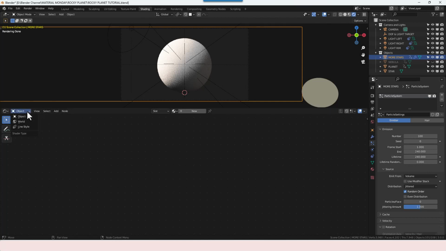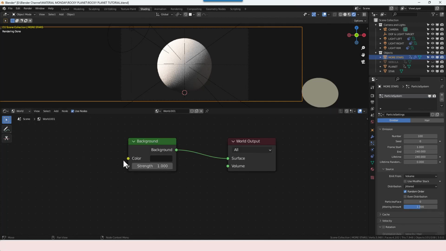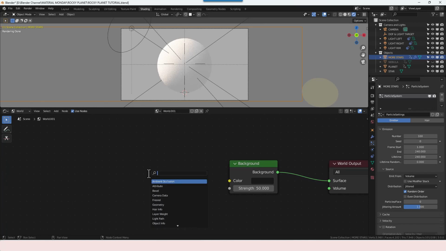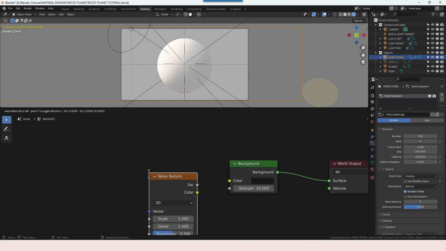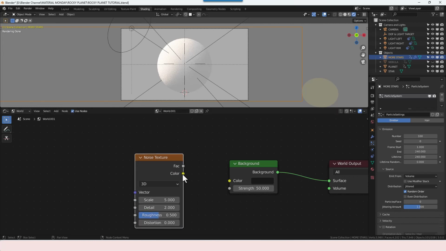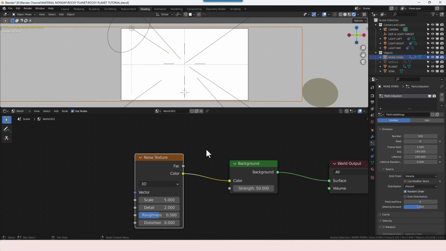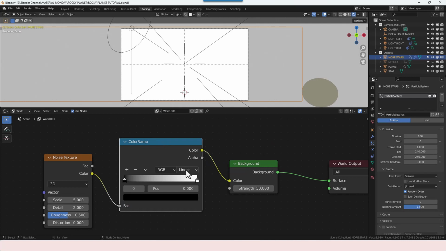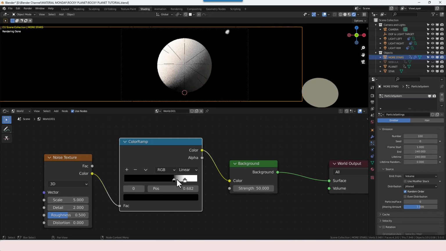Next up, we're going to go over here and switch to world. We're going to increase the strength to 50. And for the color, we need a noise texture. So Shift A and search for a noise texture. Take the color into the background. Add a color ramp. And we're going to move the white value to 0.83 and then the black value, let's say